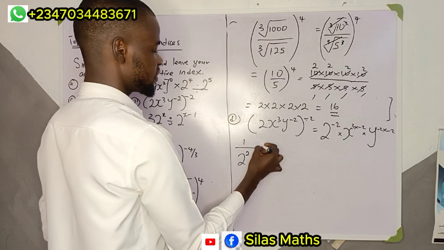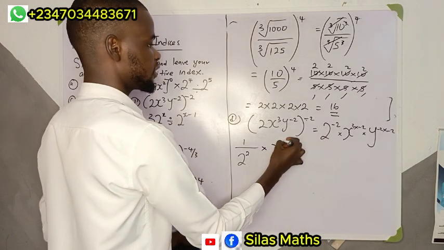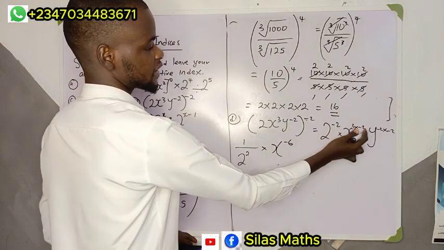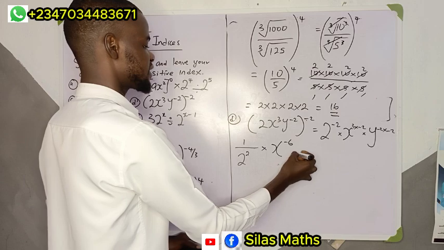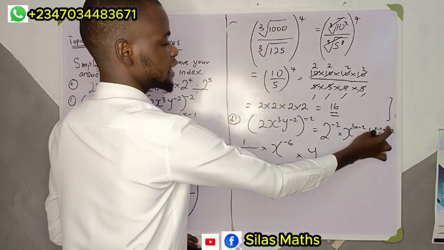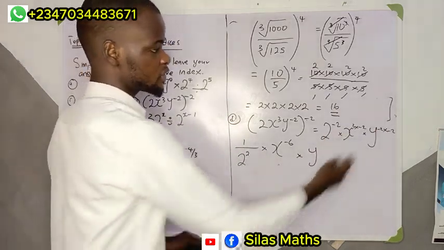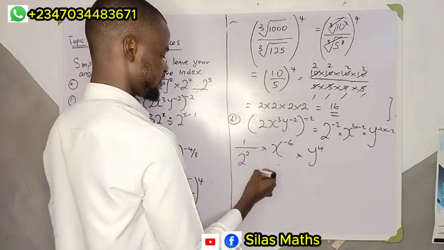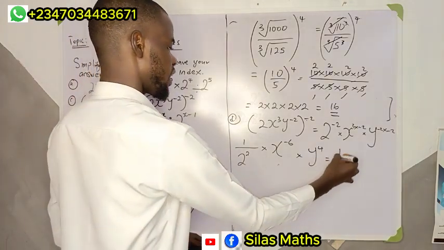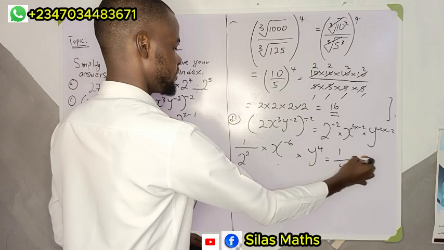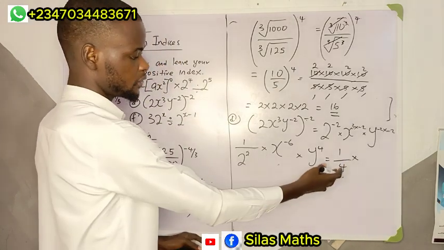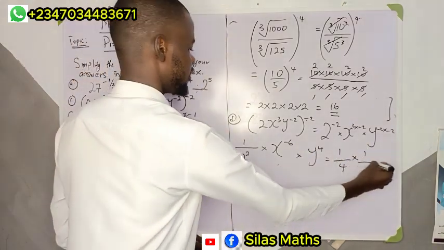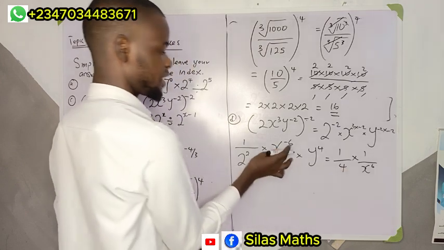Then this times this is going to give me x to the power of negative 6, since 3 times negative 2 gives negative 6, times y to the power of negative 2 times negative 2, which is going to give me 4. Okay, so with that I'm going to have 1 over 4, because 2 raised to the power 2 is 4, times 1 over x raised to the power 6,